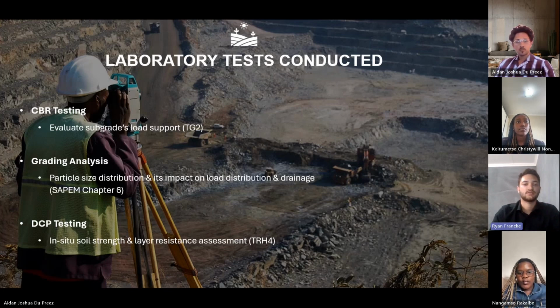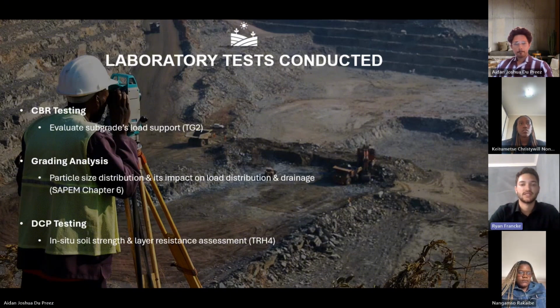Well-graded materials, which have a balanced range of particle sizes, tend to interlock more effectively, offering greater strength and stability. Additionally, a good grading ensures adequate permeability, which is essential for preventing water buildup beneath the pavement that could weaken the foundation. The grading analysis helps determine if the material is suitable to be used in the base or subbase